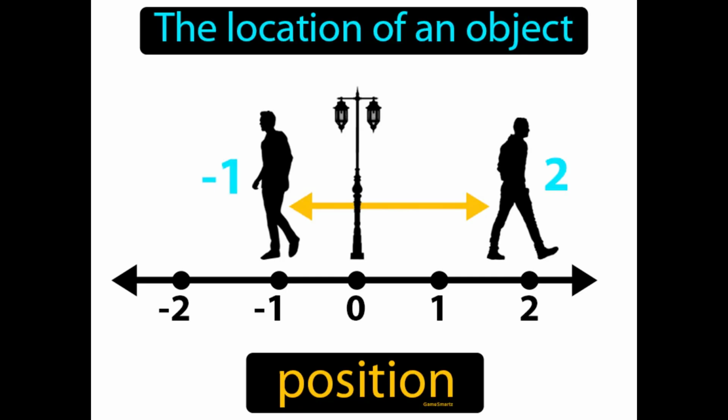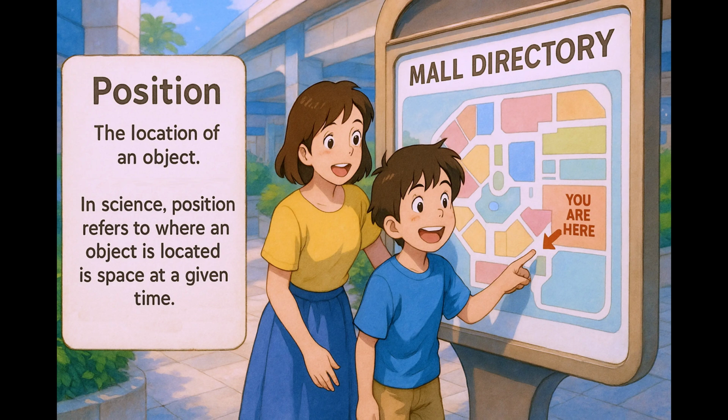The location of an object, position. In science, position refers to where an object is located in space at a given time. Imagine trying to find your friend in a crowded shopping mall. Just like you need specific information about where your friend is situated among the many people and stores, determining the